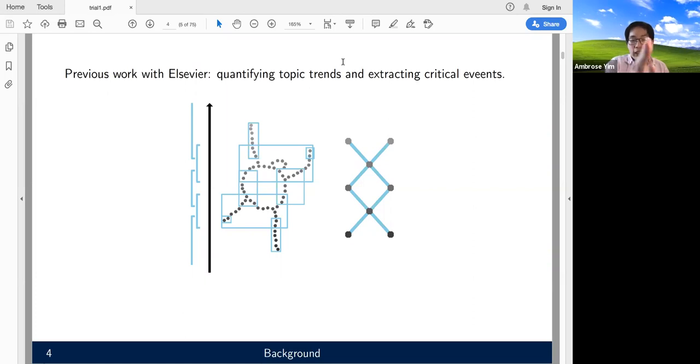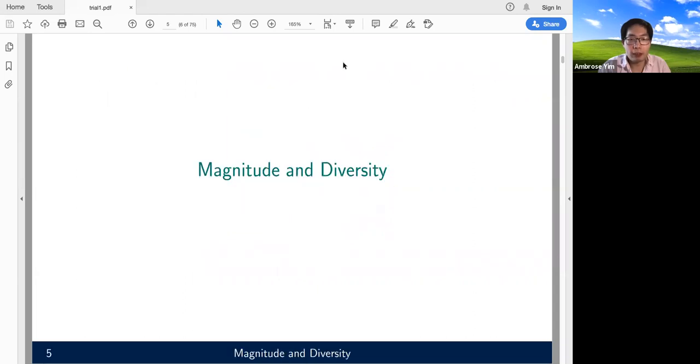So there's this algorithm called the Mapper algorithm, which allows us to take this data and output the graph on the right-hand side, which combinatorially captures what happens. And that kind of gives a rich description of how research trends really work. But on to what I want to talk about today.